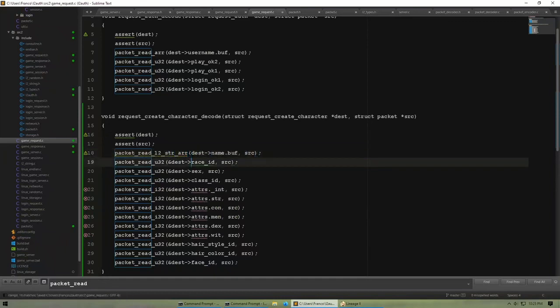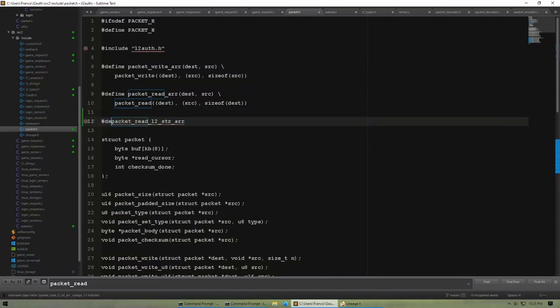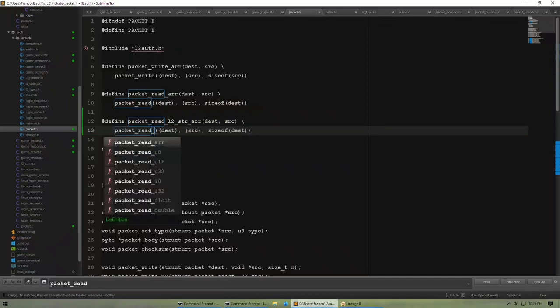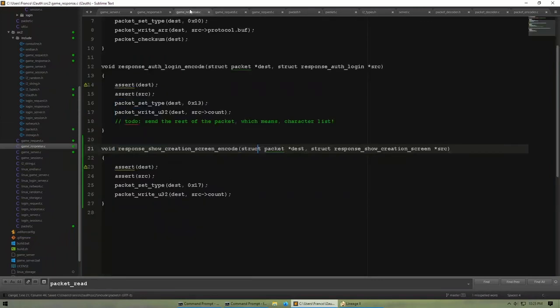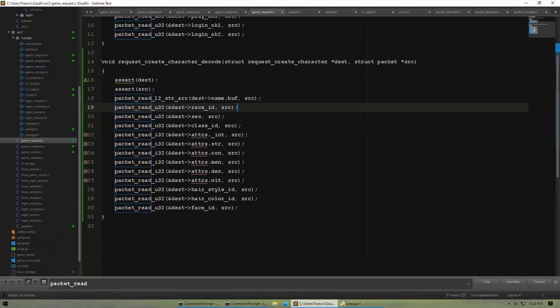And let's add the same macro for arrays. And in here, define packet read after string array, destination source. Oops, packet read L2 string, destination, source, and then size of source. There we go. In response, no, request. All right, and then